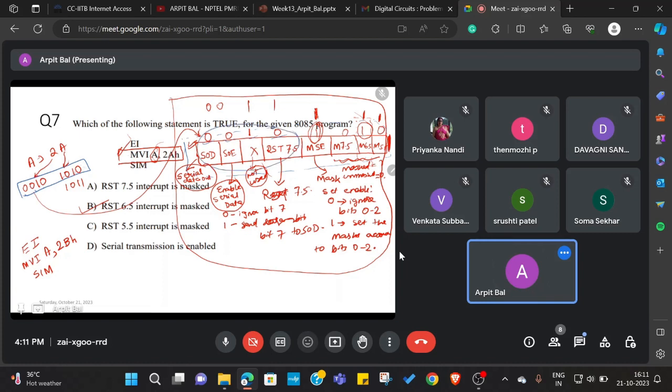Then 1010 means you set MSE as 1, M7.5 as 0, M6.5 as 1, M5.5 as 0. So it means the RST 6.5 interrupt is going to be masked, but others are 0, so others won't be masked. So option B is correct. Okay,